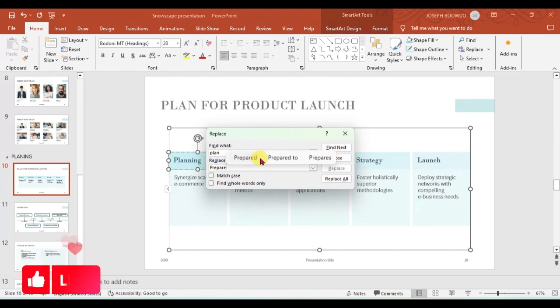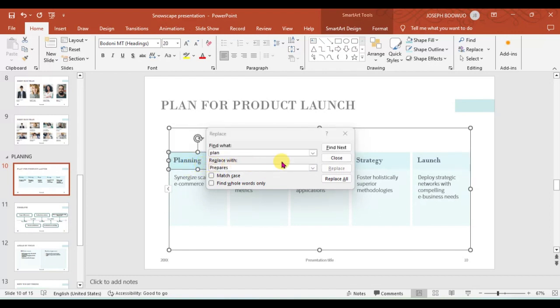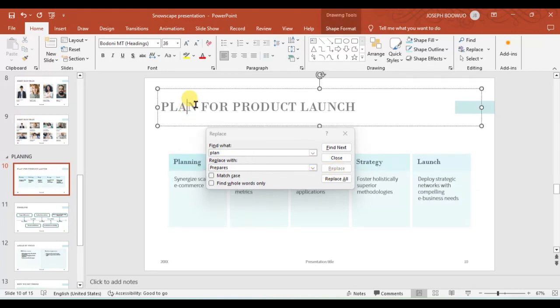Now you can use the Replace here, or you can use Replace All. One thing you should remember is that if you are using Replace All, anywhere you see the plan is going to be replaced with prepare. And remember, when we're doing it, it picks up this place as one of the plans. So when you put prepare, the ning will come inside there, which we don't want. So it's good to use only the Replace button,